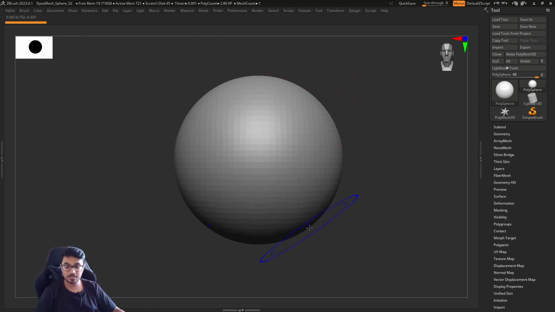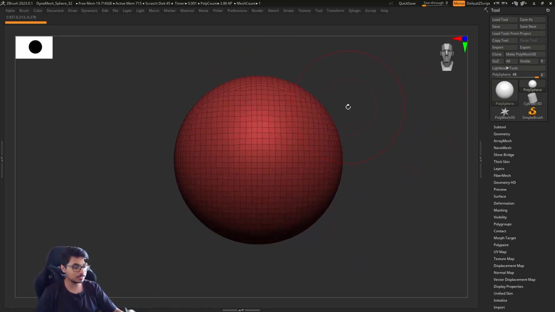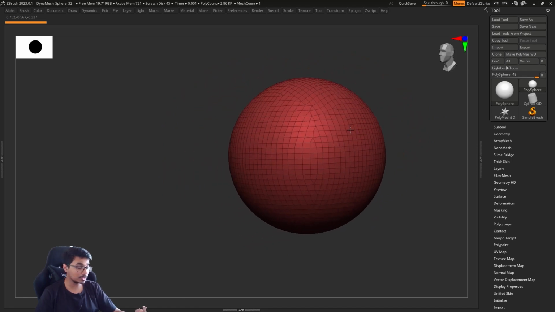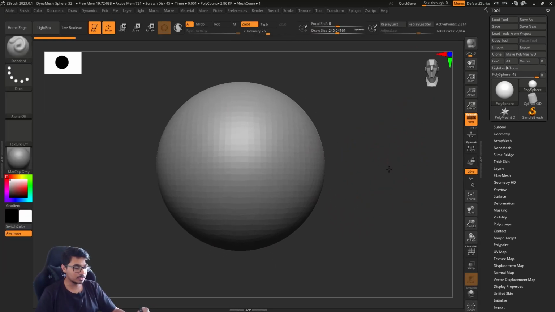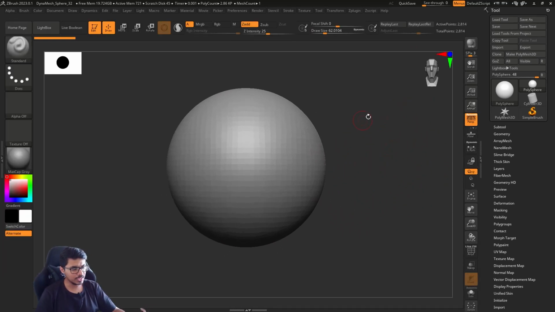So let's start without any delay. So I have just taken a polysphere. Sorry, it's not a polysphere. It's a dynameshed sphere. It's already dynameshed. And if you press S, you will get this draw size very quickly, which is right here. So instead of moving here and there, you already have your left hand on the keyboard,